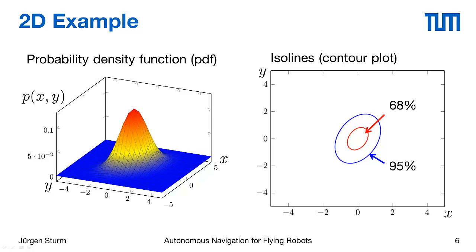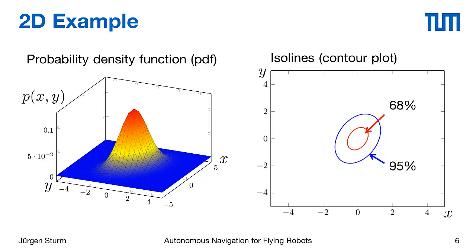And you can see that it still has this bell shape, but now the covariance matrix actually can shape the appearance of this bell. So it can be symmetric and a nice round bell, but it can also be stretched in one direction, and it can be rotated. And therefore it also makes sense to look at the probability density function from above, because sometimes it's a bit hard to see how this covariance actually looks like in 3D. So if you would move the camera up and then look from the top onto your plot,